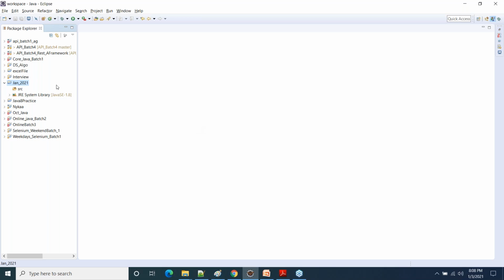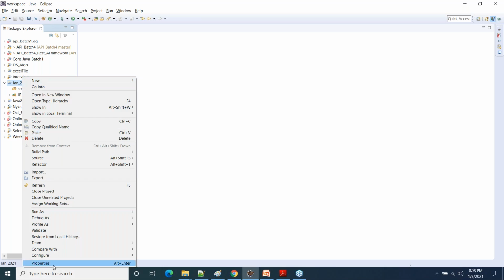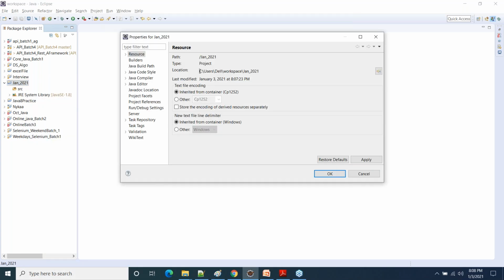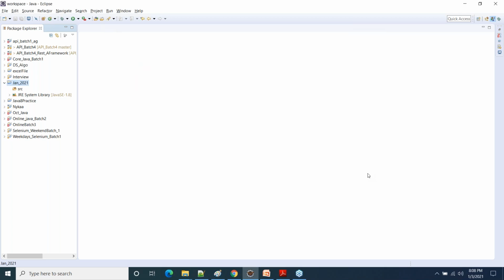Okay. And in order to know the path, you just have to right click on your project, go to properties, and you will see the location of your project. So my project right now is created in the workspace inside Dell, inside users, inside the C drive. So this is the location where my project has been created. So this is how you can find out the path of the newly created project.